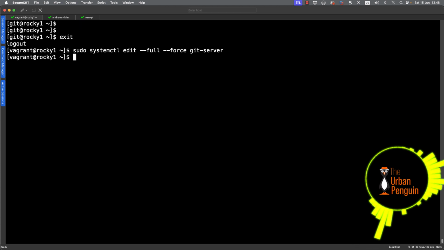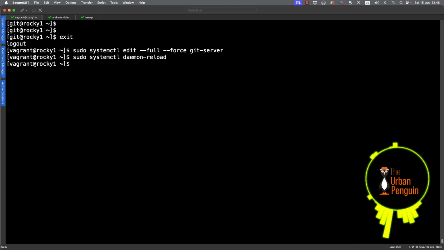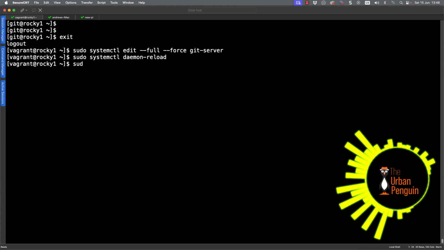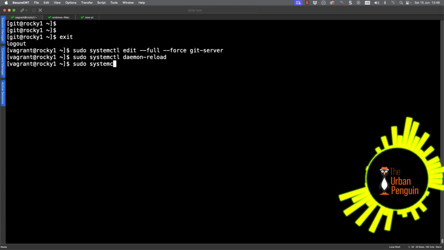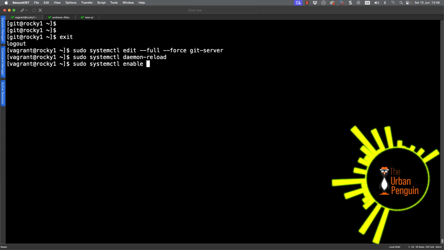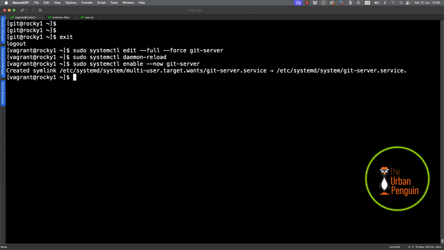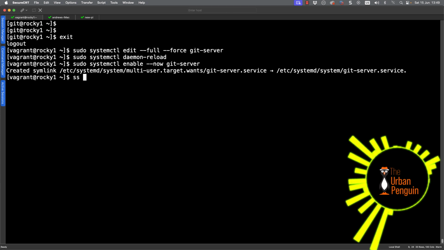So let's go save our changes, and then we can go through and run our systemctl daemon-reload just to make sure systemd knows about this new file. And then we can go ahead and use systemctl enable and start our service now, git-server. So we should be up and running now.